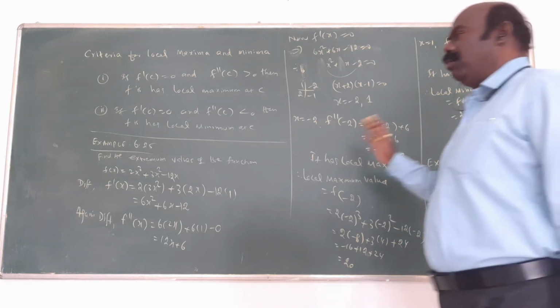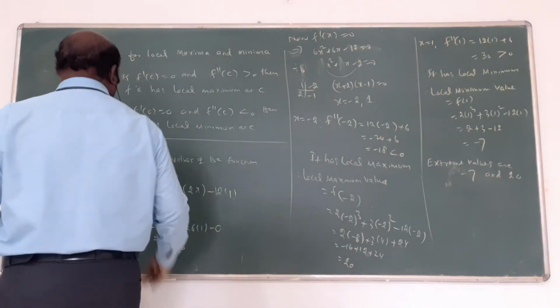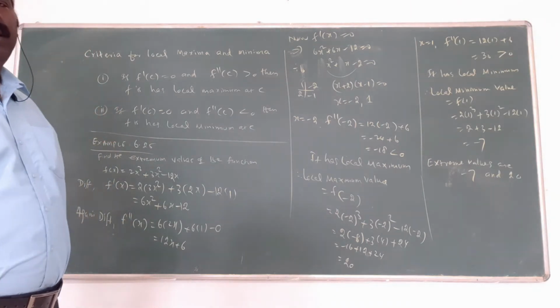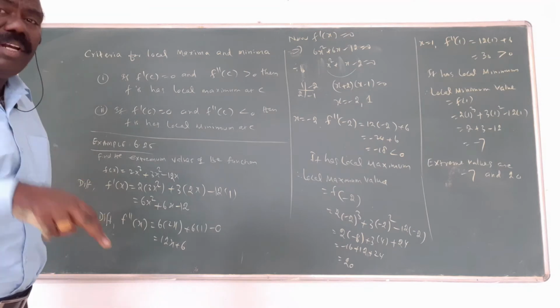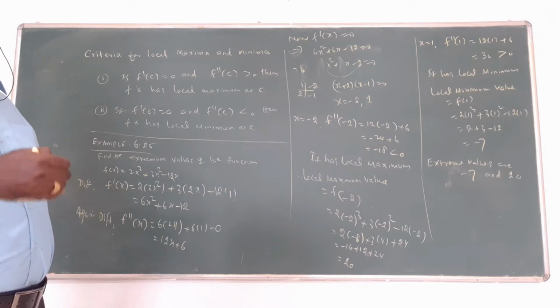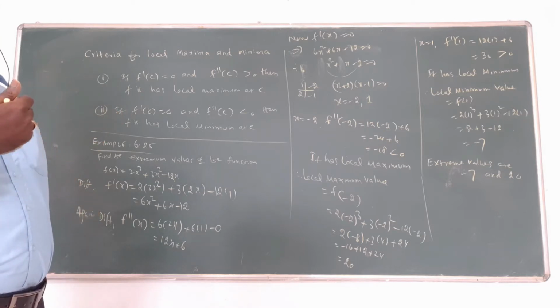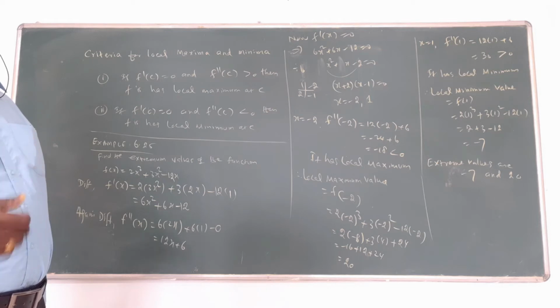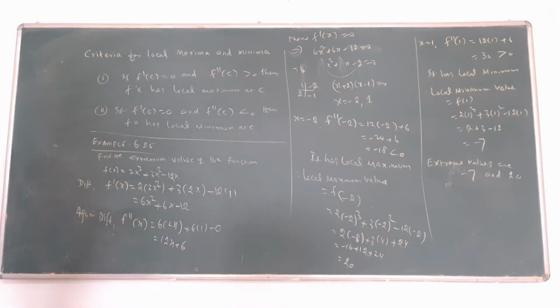You must know the working rule. That's a very important concept. First derivative, then second derivative. Set the first derivative to 0, you will find the x value. Substitute the x value in the second derivative. If it is negative, it means local maximum. The same x value substitute in the given function, that is called the local maximum value. Similarly, substitute the second value in the second derivative. If it is positive, it is a local minimum. Again, substitute the x value in the given function, that is called the local minimum value. That is the answer. Working is very simple: first derivative, second derivative.